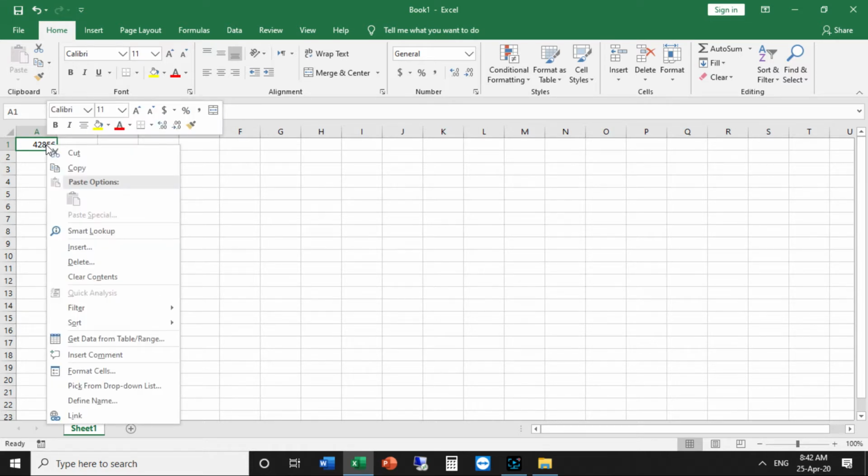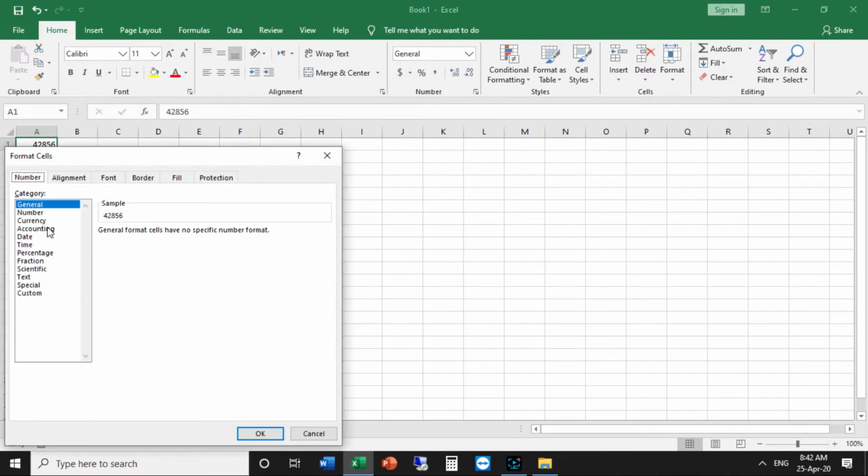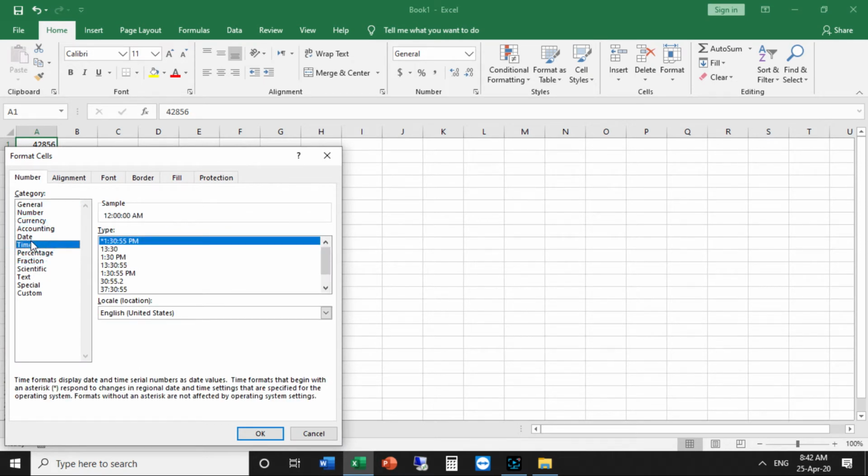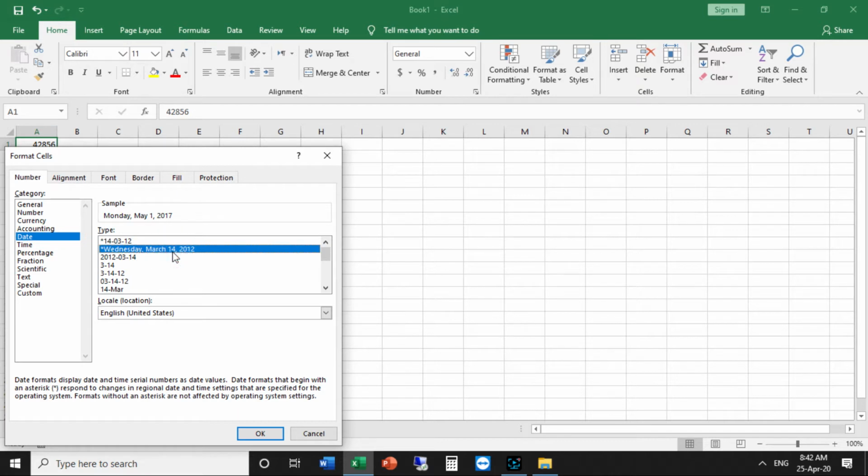Right click, then select format cells, then select dates, then click a long date, then select custom,